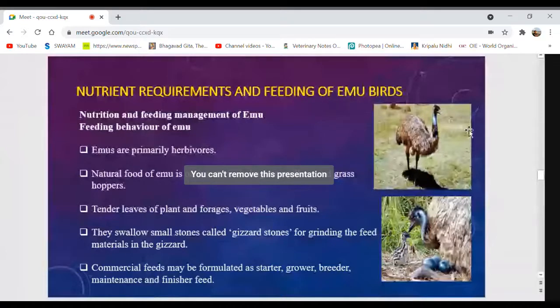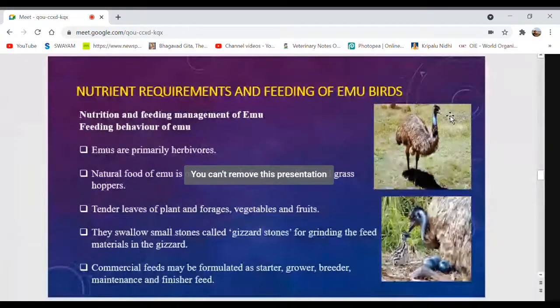briefly, I'll tell about their nutritional requirement. And here, feeding habits or feeding behaviors of emus, they are different. Since they are very big birds, generally they are reared under a semi-intensive system of management. During night time, we can provide them shelter, or during rainy season also we can provide them shelter, but most of the time we can allow them to graze, or